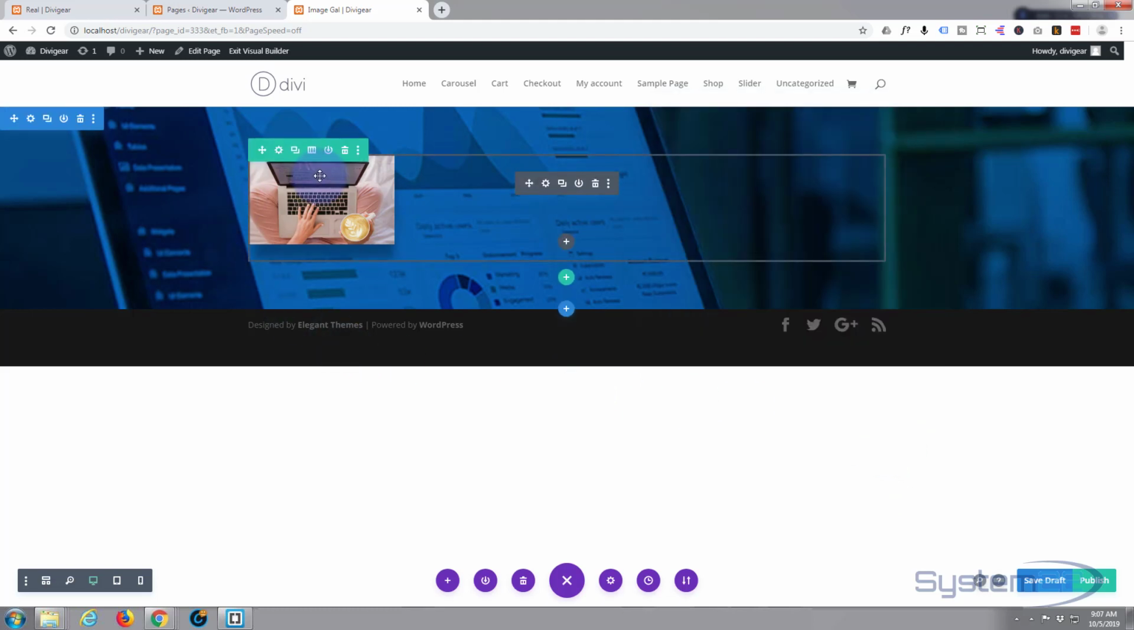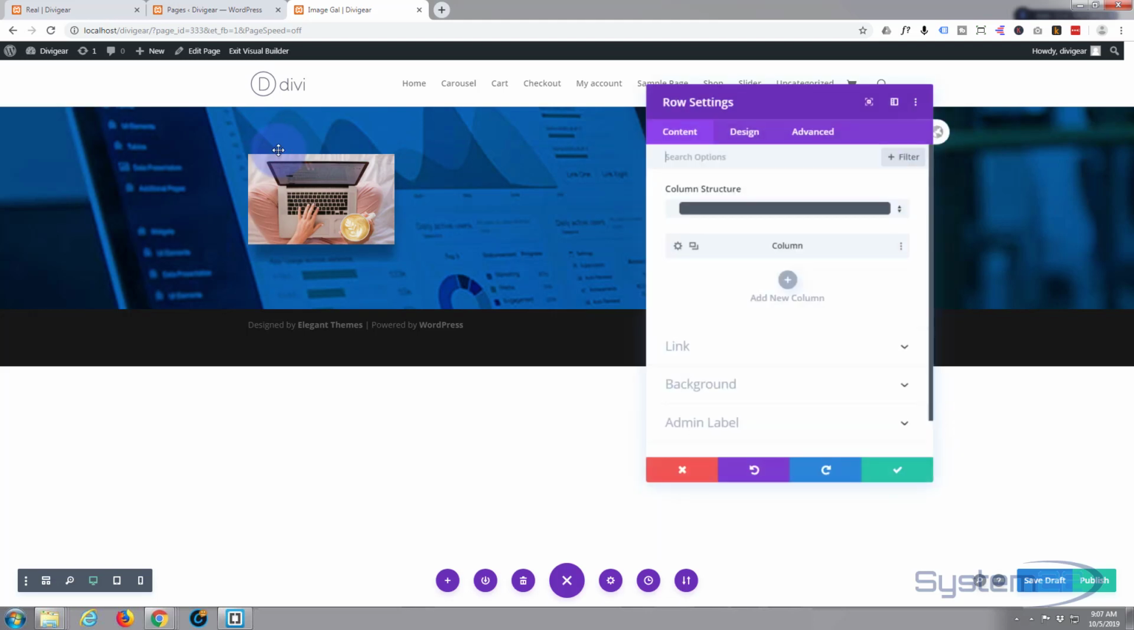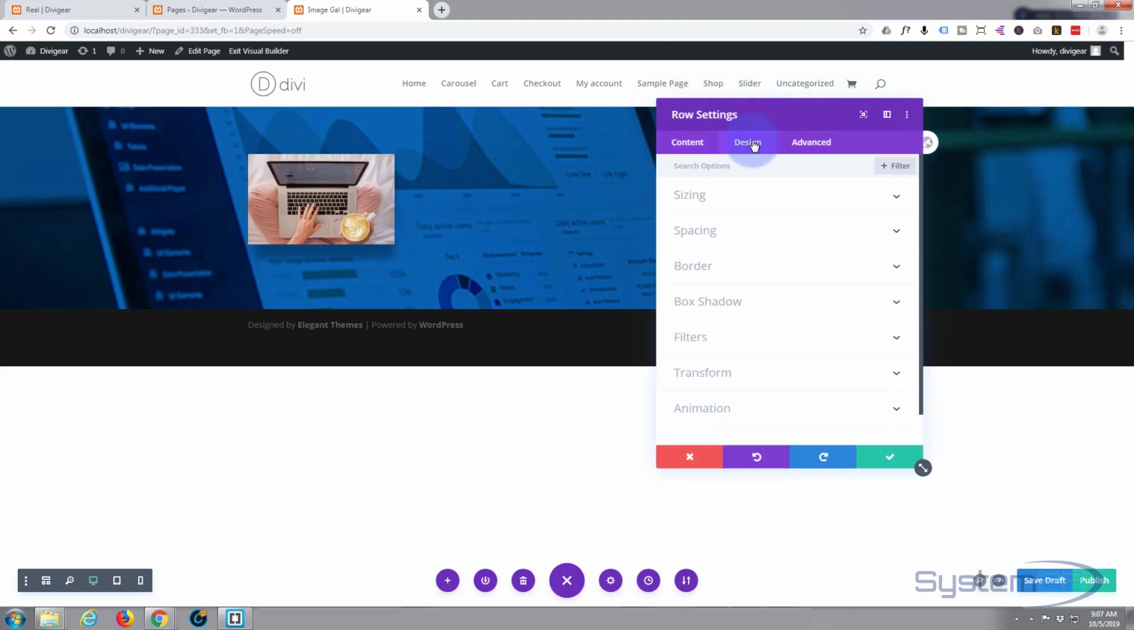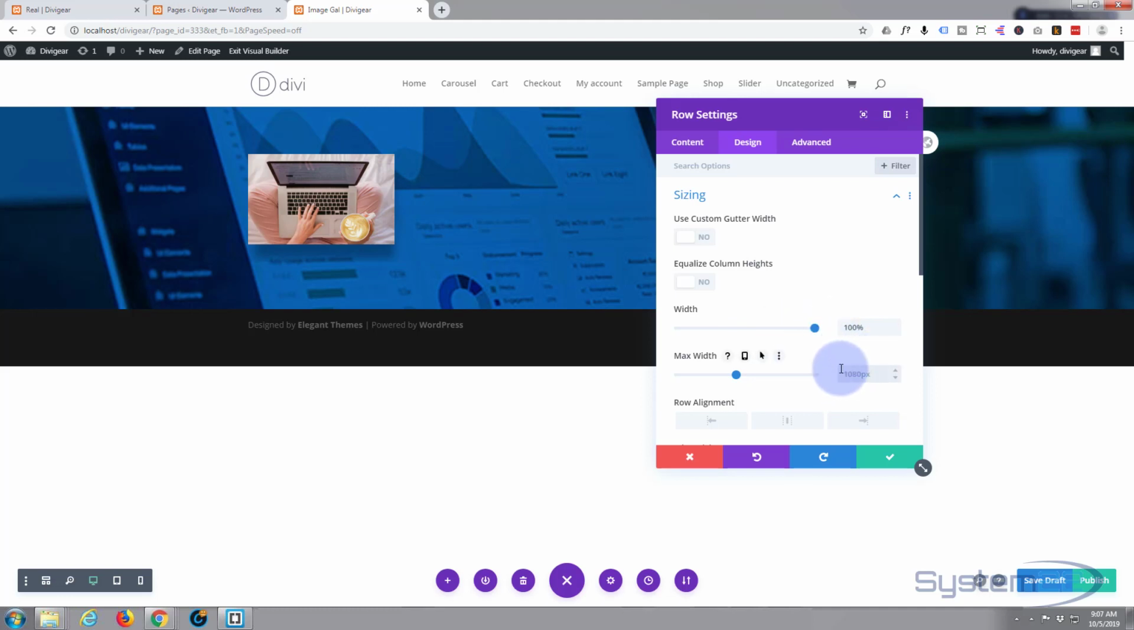Now, when this happens, I want it to be full screen. If you just want it to be where it is, that's absolutely fine. But I want mine to be full width, the whole width of the screen. So with Divi, let's just go into our row and make this full width. Go to design, sizing. Width, take that up to 100%. And max width, just type in 100%. And